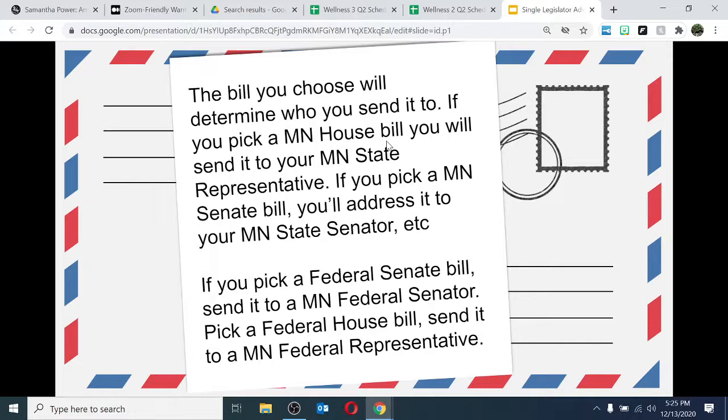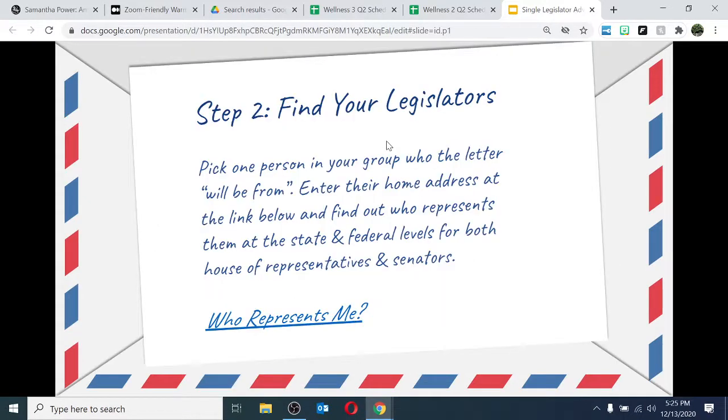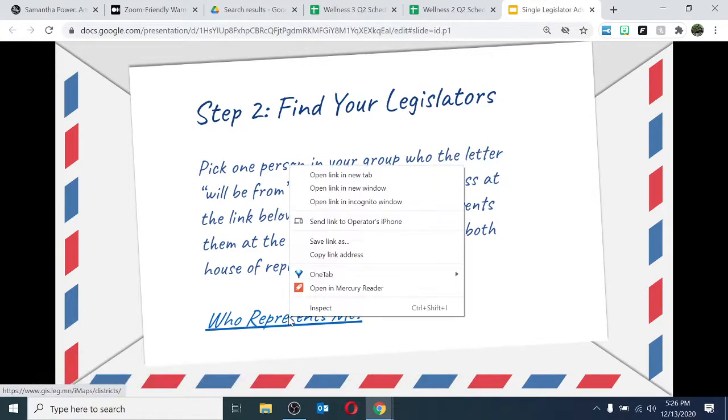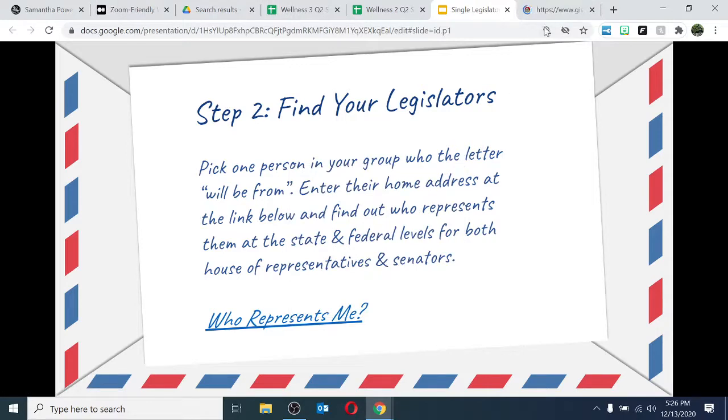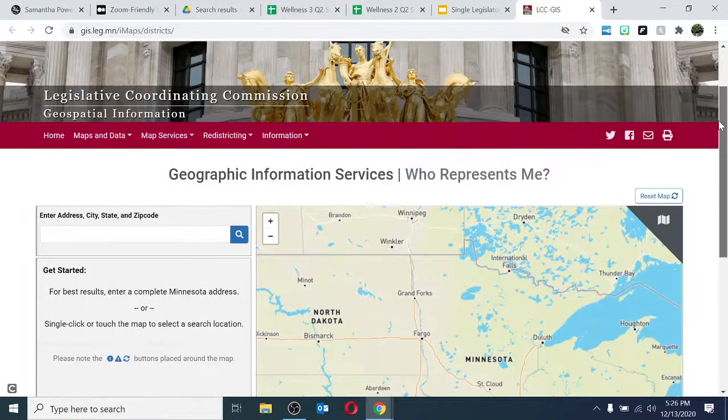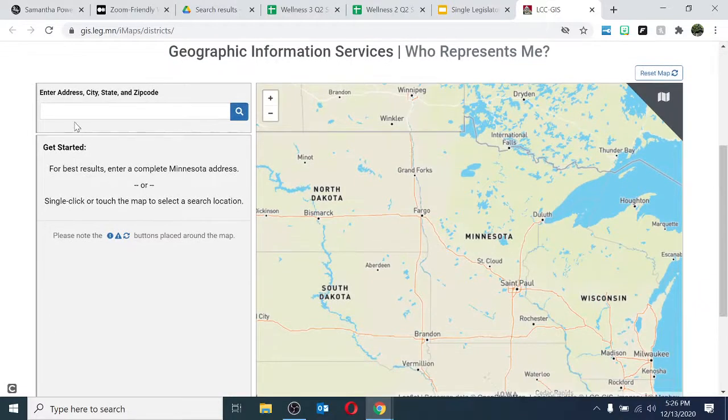So they probably have an apartment out there because they're staying out there for days or weeks at a time as well. So make sure you get the right person. I cannot stress that enough. So how do you know who that person is? Senator's easy, because there's two of them, and it doesn't matter where you live in Minnesota. They're the same two. But for everybody else, you're going to have to type in your address.